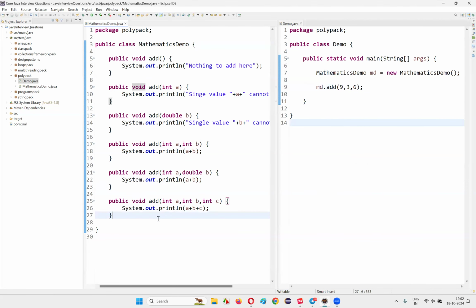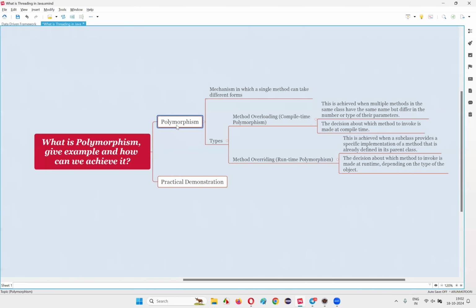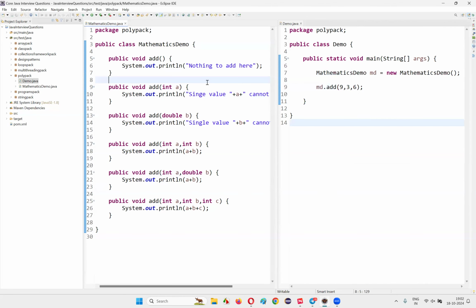Okay, this is called method overloading, guys. This is one of the ways polymorphism is achieved in Java programming. Polymorphism means a single method can take different forms. That means here, a single method, a method having the same name, will perform